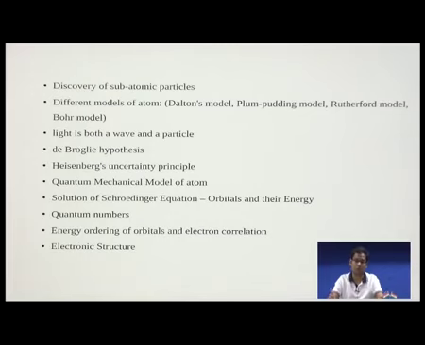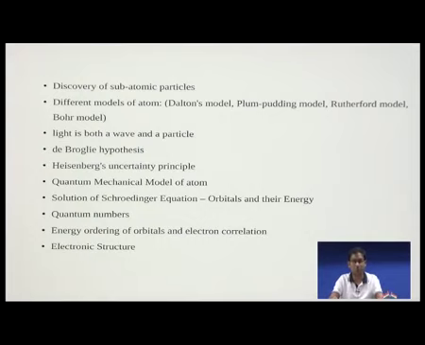Bohr's model was quite good for the hydrogen atom or other single-electron species, but it was off the mark for multi-electron systems. Then we had to take shelter in a different theory, which was quantum theory. The quantum theory came into the picture because of several developments. For example, there were the photoelectric effect and black body radiation, which could not be explained by the old, classical theory. And during the course of those scientific discoveries, we learned that light is both a wave and a particle,